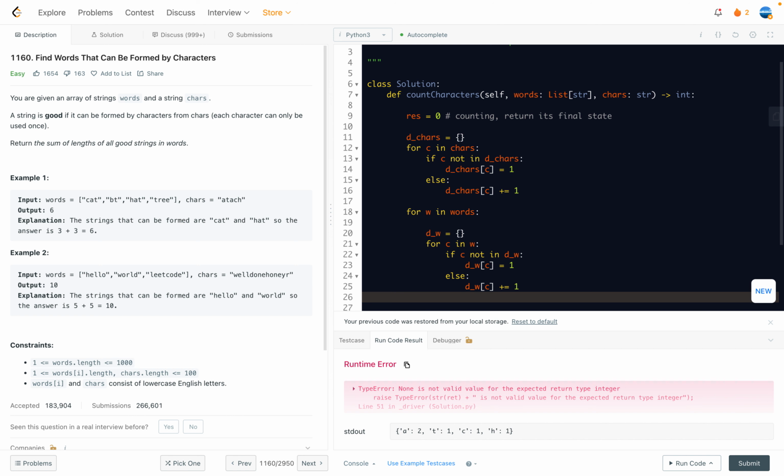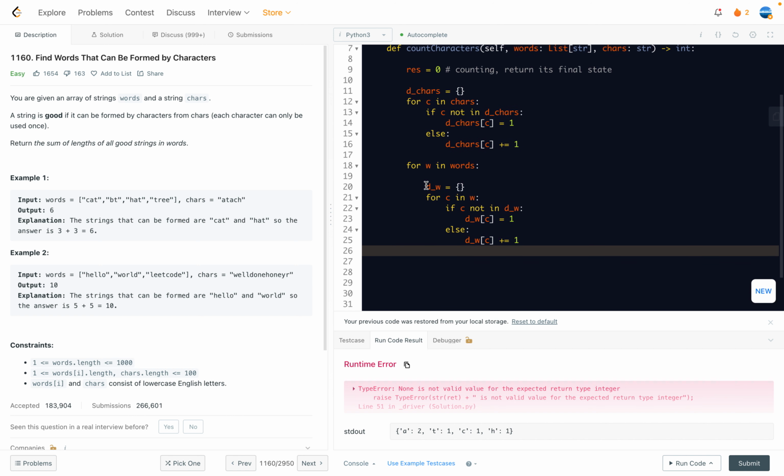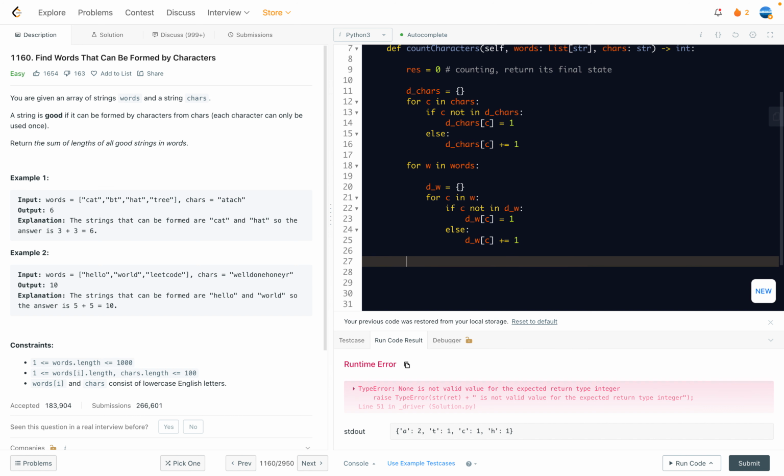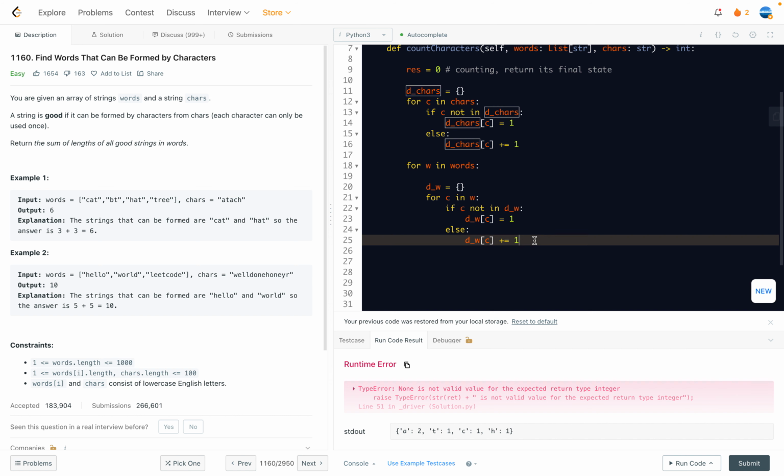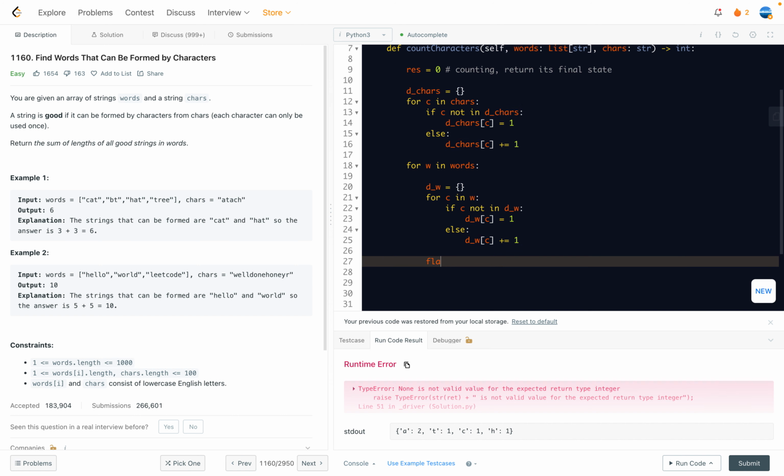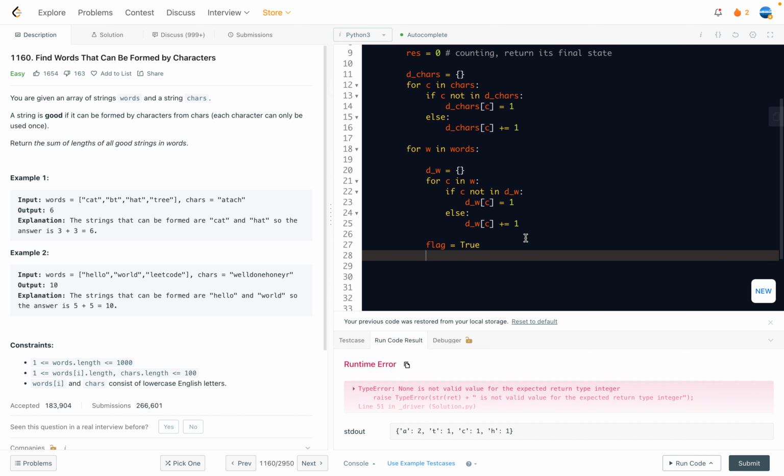So once we are done with this, we have a valid dictionary for this word. Then we compare it with the D characters. We want the keys, the characters, to have a frequency no greater than the corresponding frequency in the D characters, right? So let's check that. I'm going to use a flag. Here the flag is true, so we assume W is a valid one. If not, we're going